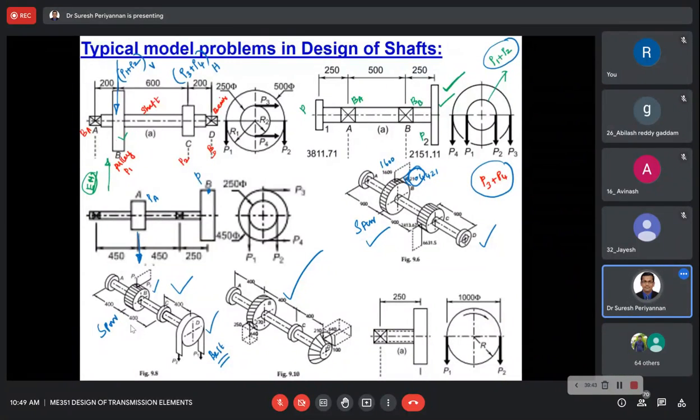Based on our application, we are connecting the different gears as well as pulleys combined together with the shaft. So finally, the shaft can be connected with the shaft in beam. What kind of mechanism is this? This is a cantilever beam mechanism. So, it's very simple. We have to find out the torque and bending moment for designing our shaft diameter based on the equivalent bending moment and equivalent torsion moment.